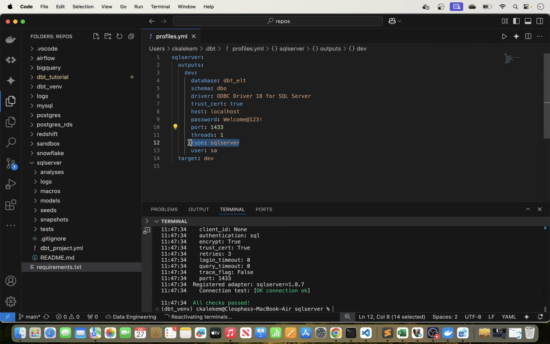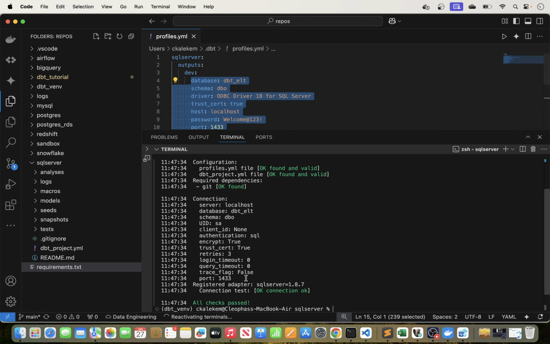And then the port number here, the type, and the username. Okay, so this is everything that you need in order to connect to your SQL Server. Okay, so now that we have all of our checks passed,